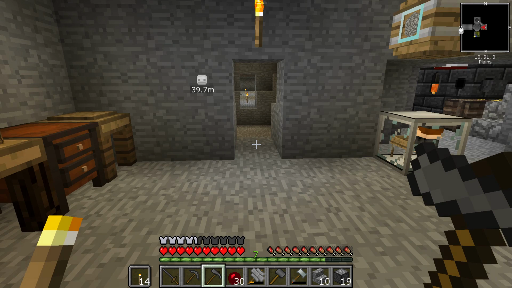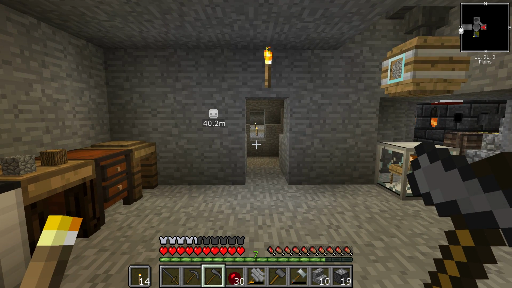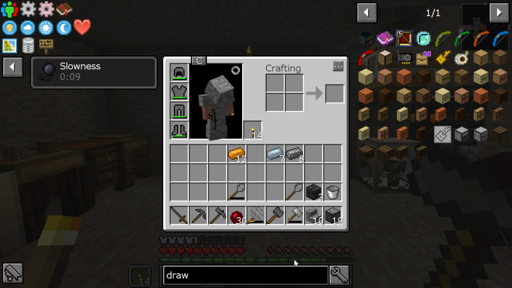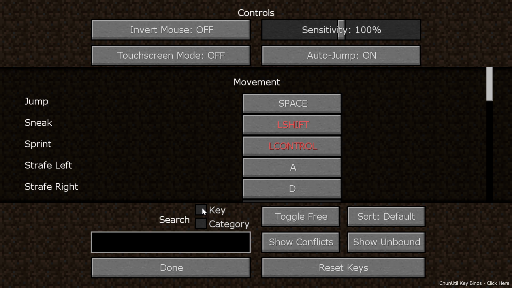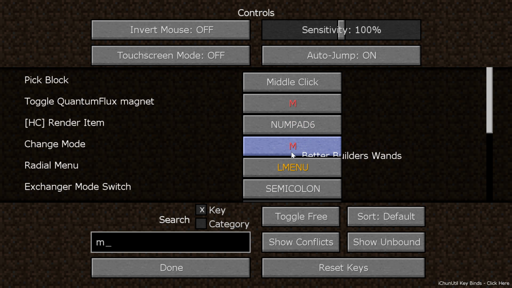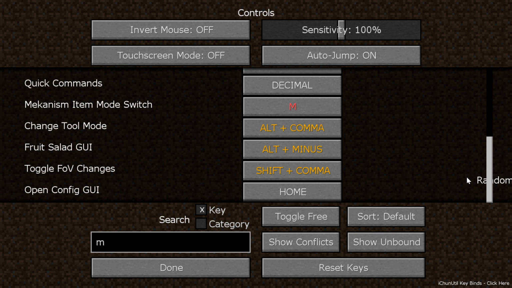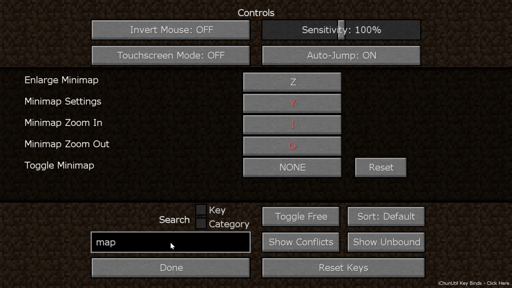First of all, I looked up a couple of things. Either hitting J or M should bring up my map, but it's not, which tells me that there's something in the controls that's overlapping. So let's see what J does. Clears active toasts. That's nothing. M. Let's see. Change mode. Is there something here that should bring up the map? Nope. Okay, well, let's see if there's something here that, well,